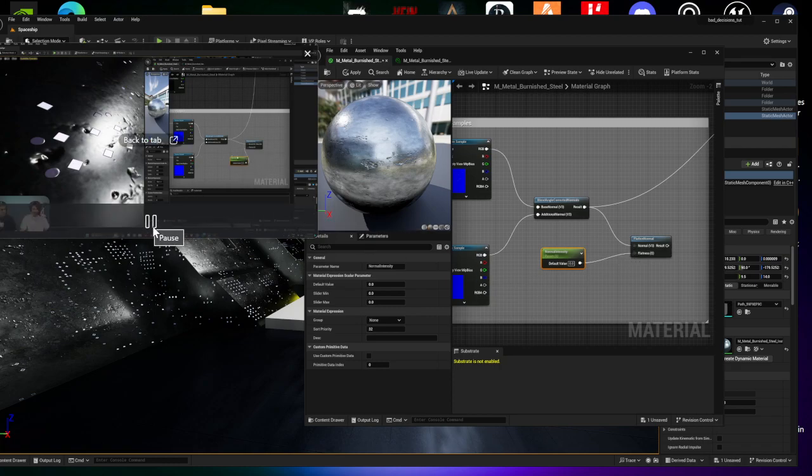And then it's at 0. So hook this in, right? Now put this up here into our normal map and hit